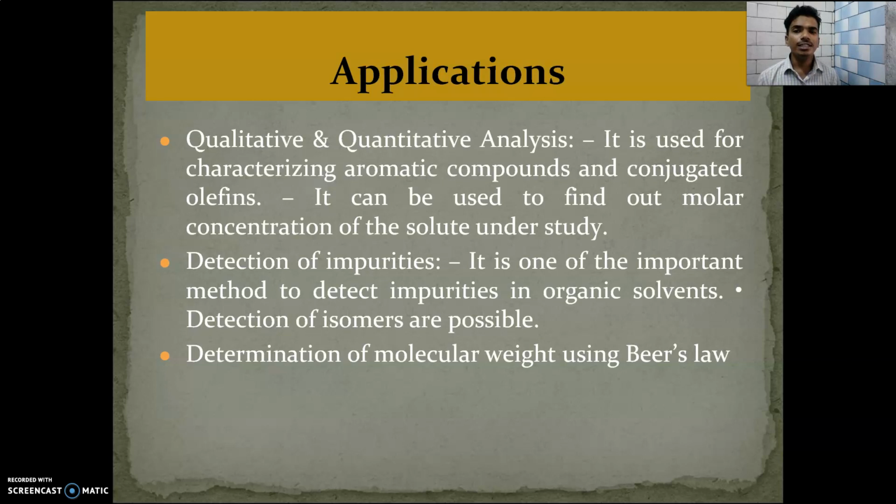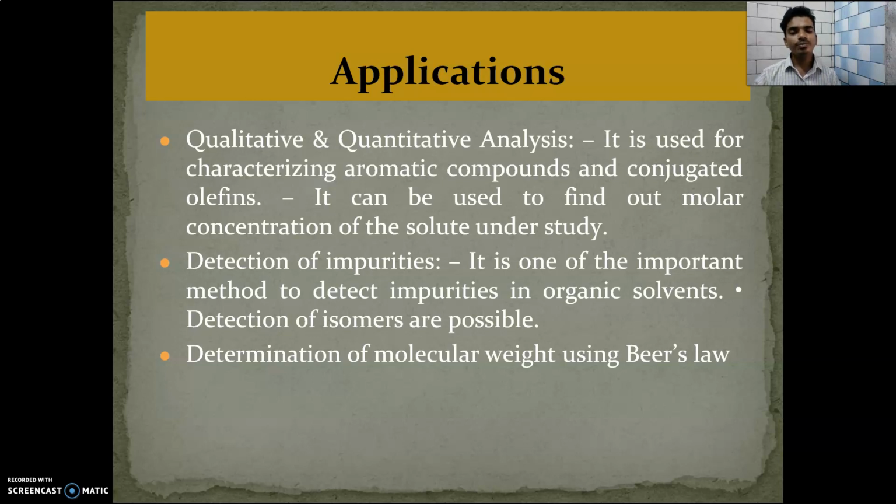in that it is used for characterizing the aromatic compound and conjugated olefin, and it can be used to find out the molar concentration of the solute under study. So qualitative and quantitative both types of analysis are done by this UV spectrophotometer. Lots of methods are available: calibration curve method and absorption method, then simultaneous equation method, multi-component equation method, and all those things. So according to that we can find out whatever we want to analyze or we want to calculate